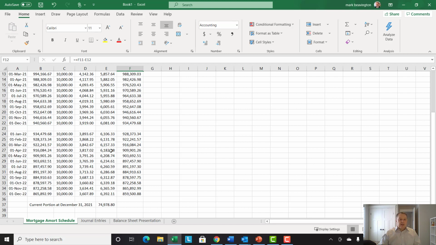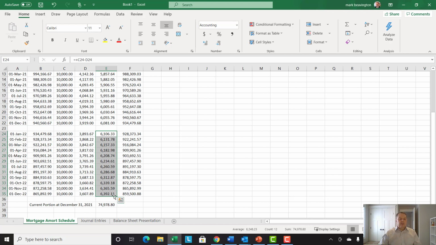And we can tell that this amount right here is the principal portion that will be paid in the next year. Well, if you add it all together, that amount is 74,978.80, or in other words, round it to 74,979. That's the amount that we are going to have to show on our balance sheet as the current portion of long-term debt. This amount right here, the 859, we will pay in 2023 or later, but in 2022